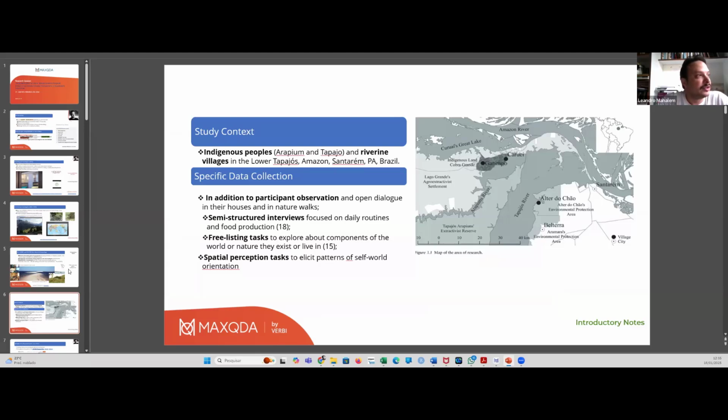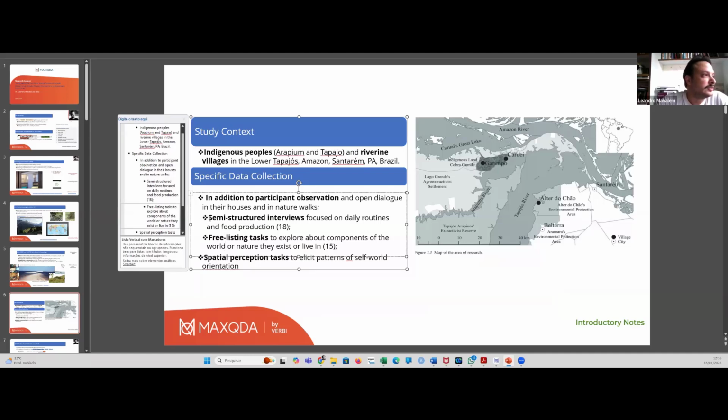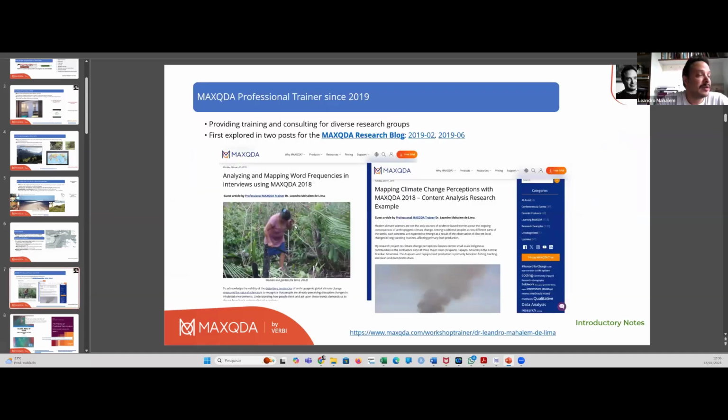And the context we can see here in the map, the communities which I'm working on, and we're analyzing in this conversation only the 18 semi-structured interviews focused on daily routines and food production. In addition to participant observation since 2008 and open dialogue in houses, nature walks, we also conducted for this project free listening tasks and spatial tasks for perception, but we have no time to enter into these topics today. I began my partnership with MAXQDA in 2019